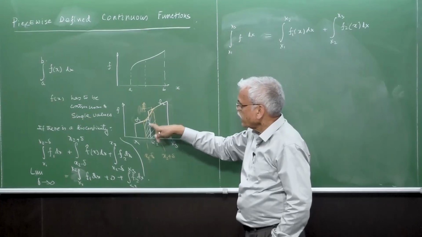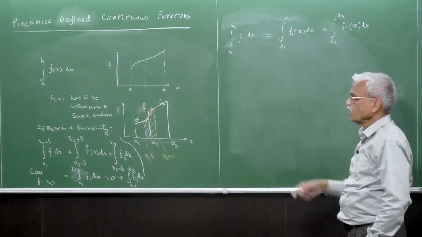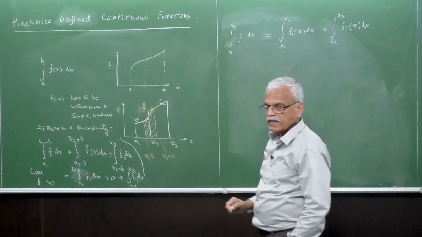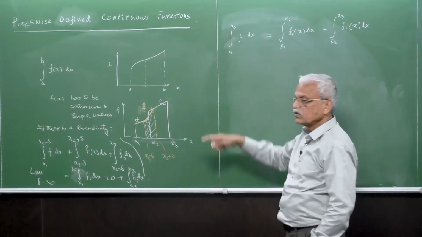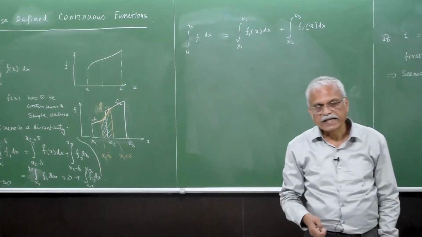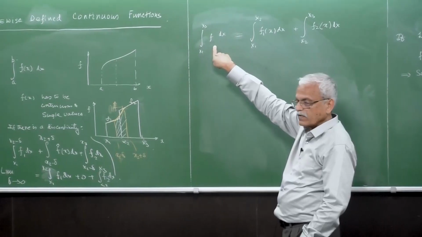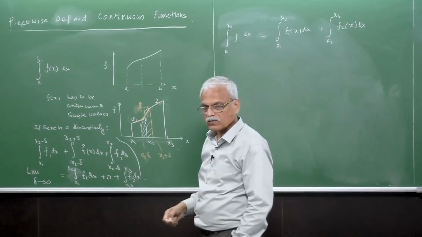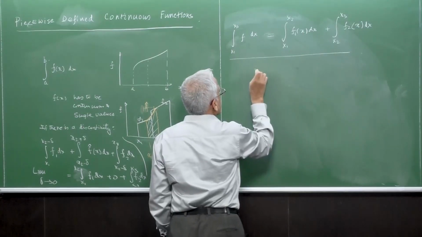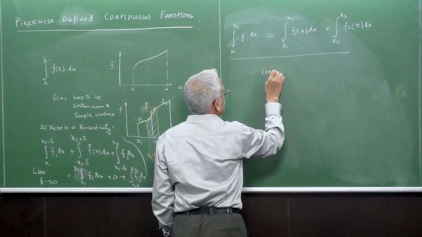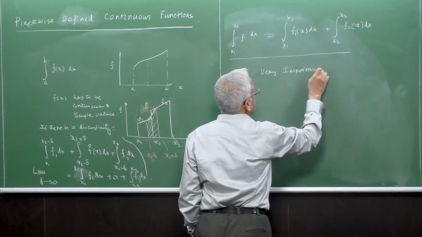We can avoid the point and integrate between x1 to x2 and x2 to x3, and that equals the integration of f over the complete domain. The piecewise integration gives the total integration. This is a very important result